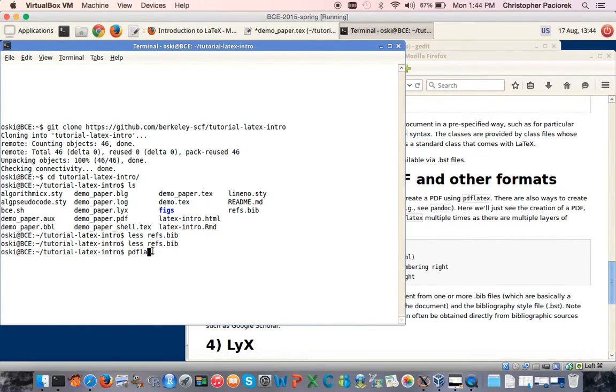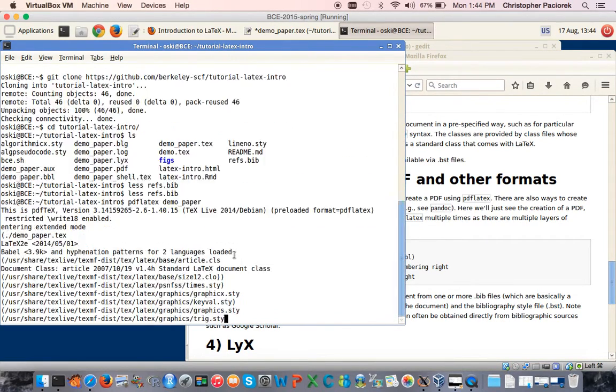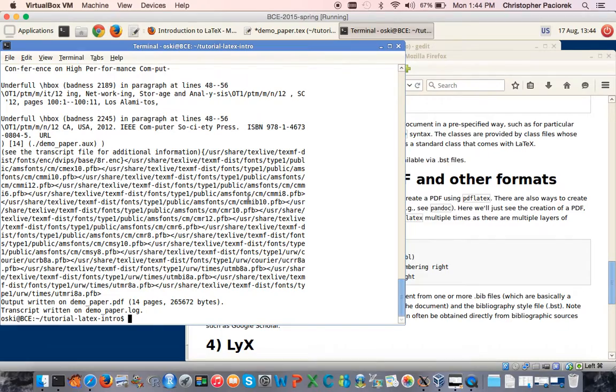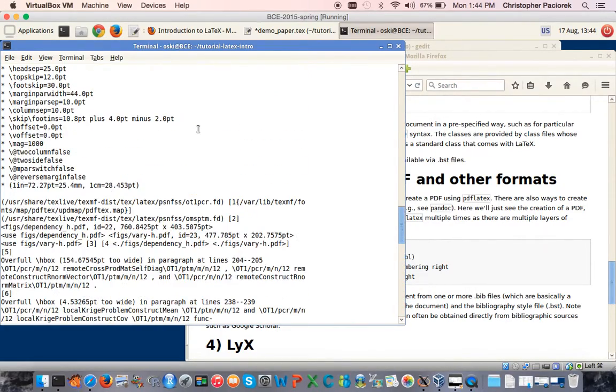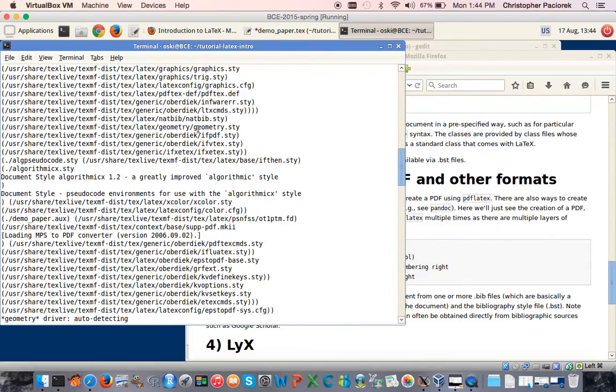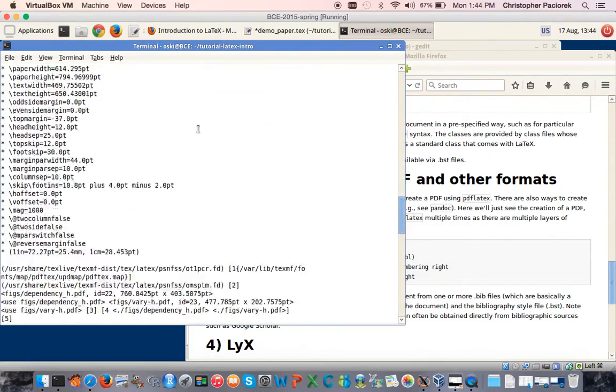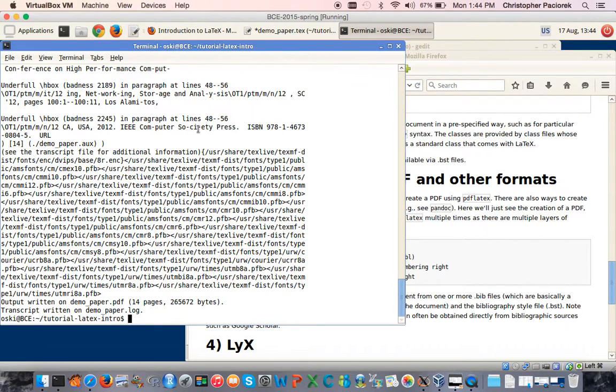First of all, we'll invoke pdflatex with the name of the tex file, but notice that I don't include the .tex extension when I do this. So that will go ahead and do a bunch of processing. If you look through the voluminous output, there would be some indications in here, if I hadn't already created this document, that some of the cross-referencing and the numbering was not yet done. Since I had already created the document, that's not the case here.